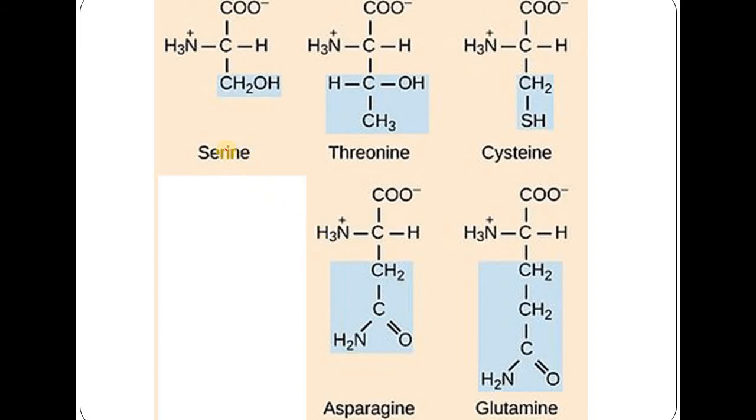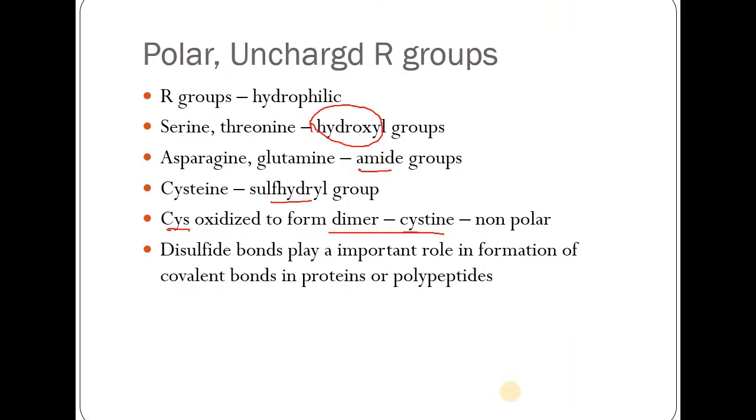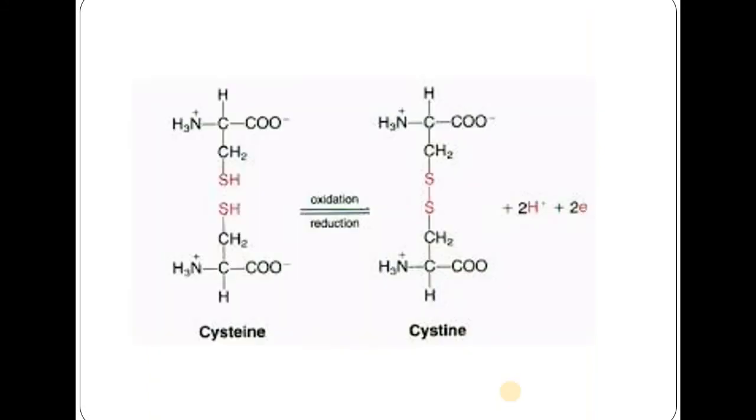So here you see this is the serine. Okay, and we have this CH2OH. Okay, so this helps in the formation of interaction or bonding with other amino acids, and then we have threonine. Okay, and this is cysteine. Okay, so here we have a sulfhydryl group, and asparagine. Okay, so here we have one more amide group, and here again an amide group is present. Okay, so these are all the amino acids in this particular category, and this is the dimer formation of a